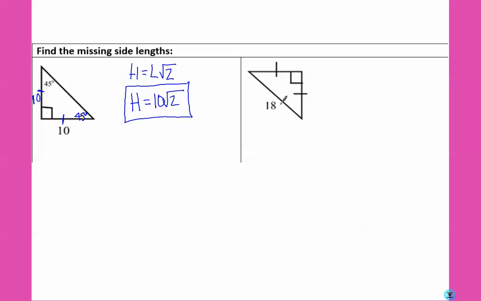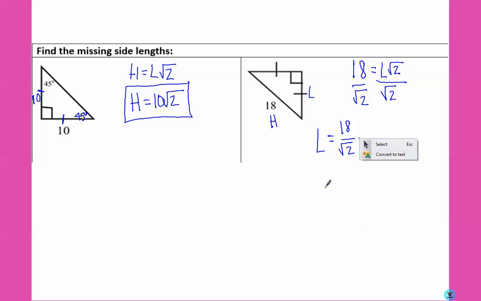In our second triangle, this time we know the hypotenuse and we want to find the legs. So we know that 18 is equal to the leg times the square root of 2. Divide both sides by the square root of 2, and we get that the leg is equal to 18 over the square root of 2. But remember, we can't have square roots in our denominator, so we need to rationalize it by multiplying top and bottom by the square root of 2,